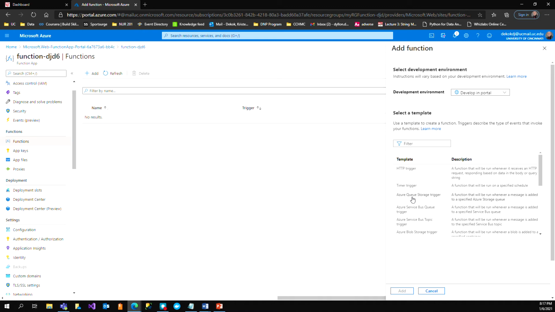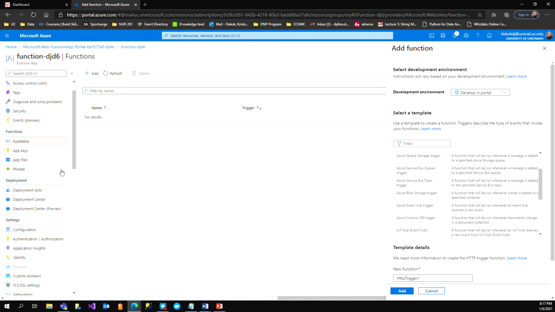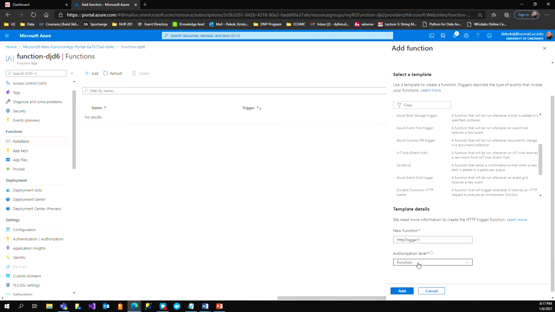Something might have happened in my queue storage account that I want to be able to have fire off my function, or a service bus queue, or a service bus topic, or whatever the case may be, that you learn about in other portions of your training here. But for now, I want to use an HTTP trigger to have this fired off over a web request. And you can see that you can have it